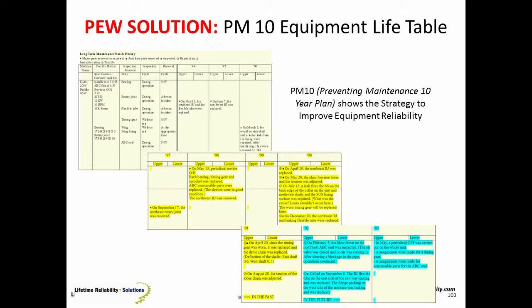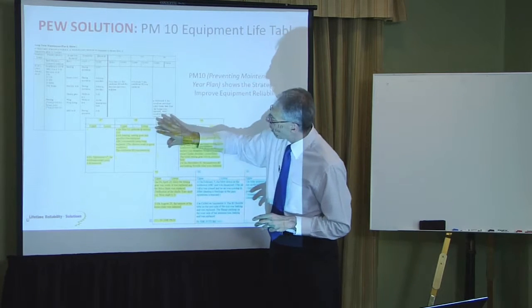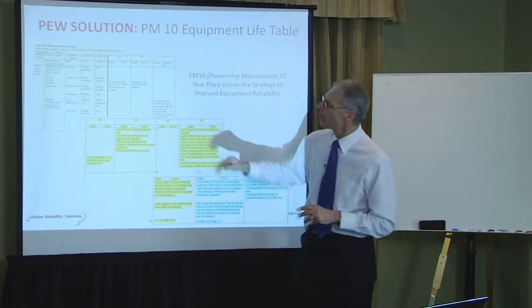As I mentioned before, Sumitomo Chemicals use a PM10 technique. What their PM10 table is all about is they have a spreadsheet where they record all the major problems of a machine during its life. When I saw that spreadsheet in 2002, on the spreadsheet they had 8 years of previous history, and these particular notations are the major problems this particular